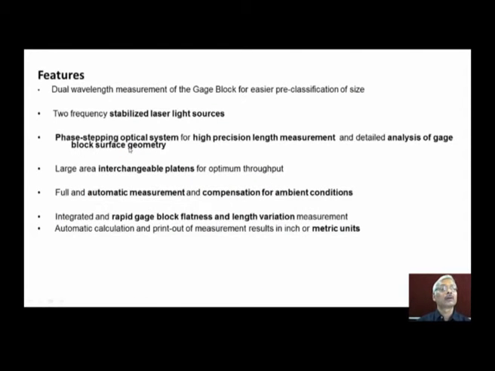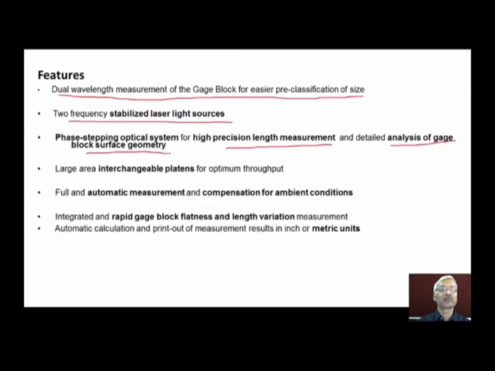Now the features of the dual wavelength measurement of the gauge block interferometer are like this. A dual wavelength laser source is used, and the pre-classification of sizes of the gauge blocks is possible with such an arrangement, and two frequency stabilized laser light sources are used. Phase stepping optical system is used for high precision length measurement, and detailed analysis of gauge block